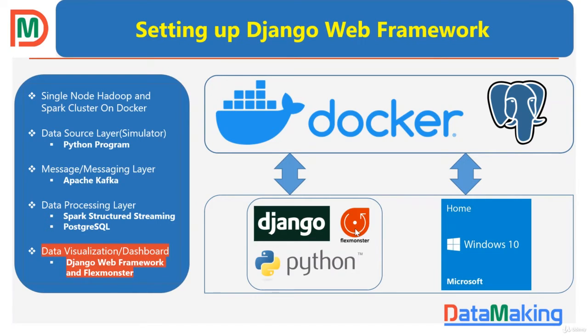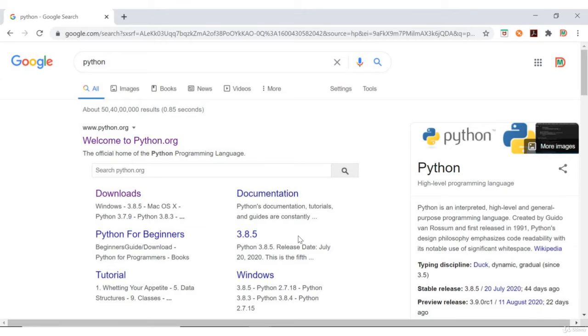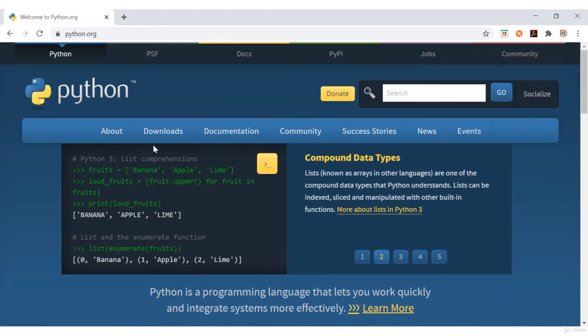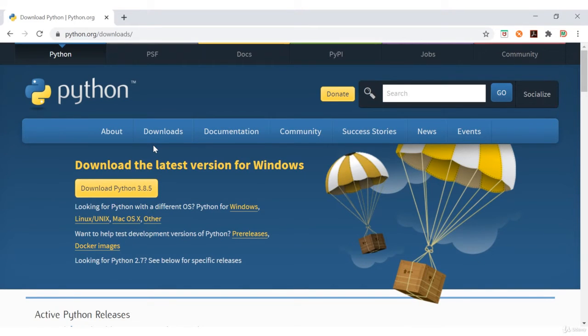Now, to set up the Python Django web framework, the mandatory requirement is Python. We need to have Python installed. So first we need to install Python, followed by the Django framework. Just go to google.com and type Python, and you'll find the python.org website. Open that. I'm going to install the latest version, which is 3.8.5 as of the day I'm recording. It is only 25.5 MB, so it's going to be fast based on your internet bandwidth.